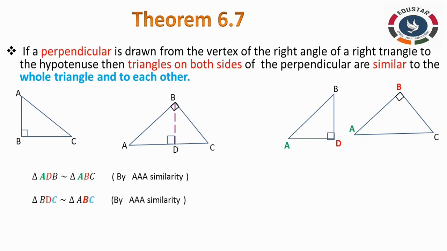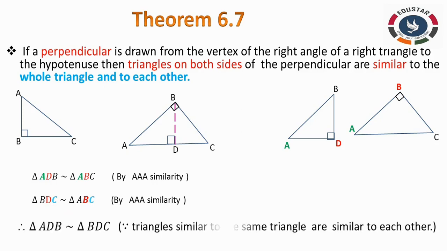So triangle BDC is similar to triangle ABC. I just use the D with B. Angle D and B are 90. C is the common angle. So we are not supposed to write it in some other order. So our triangle BDC is similar to triangle ABC. At last we conclude that as they are equal, we can compare those two triangles: triangle ADB is similar to triangle BDC. Can you understand here? Okay.